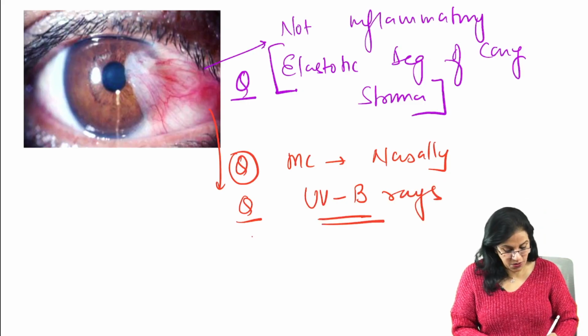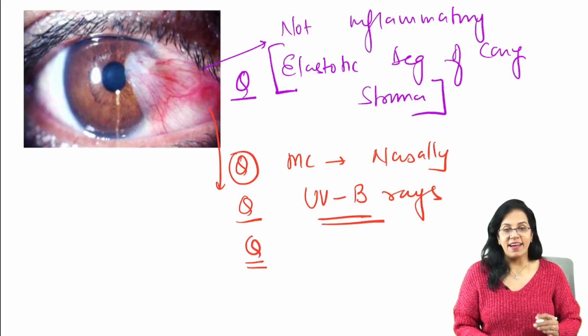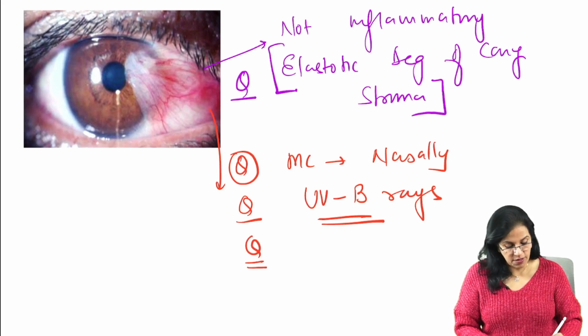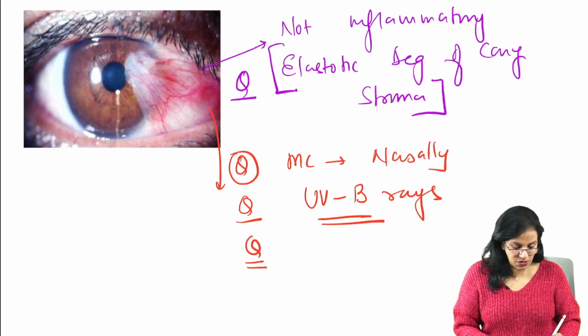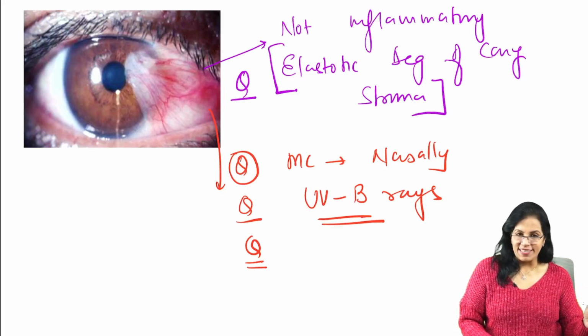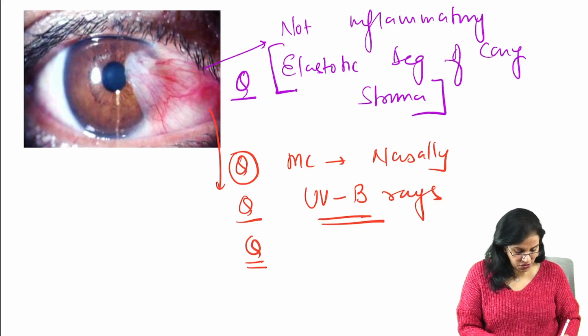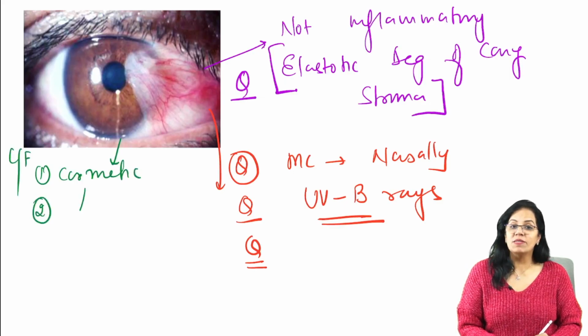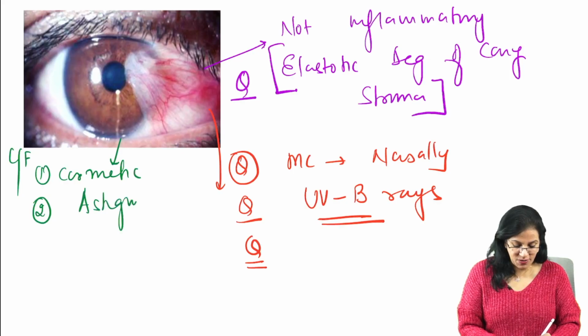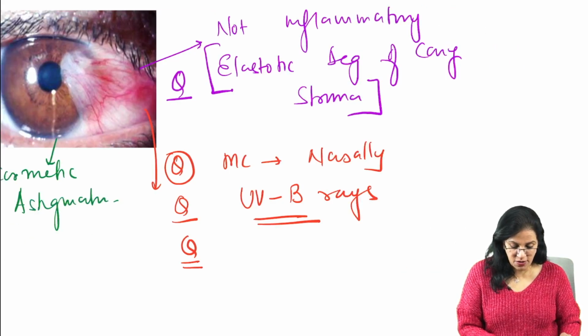Next question they ask you, of course, we all know that there can be high rate of recurrence. So what are the methods of preventing recurrence? Preventing recurrence, we generally go for mitomycin C or autografting, isn't it? If I talk about clinical features of this condition, main problem is cosmetic. We all know the main problem the patient complains is for cosmetic. Sometimes it can alter the corneal curvature leading to astigmatism. And third, if it encroaches the cornea,